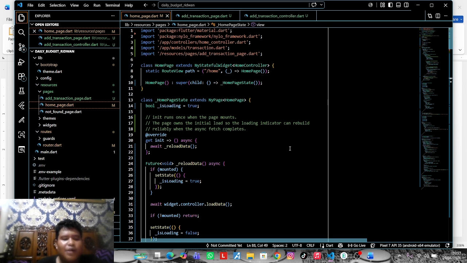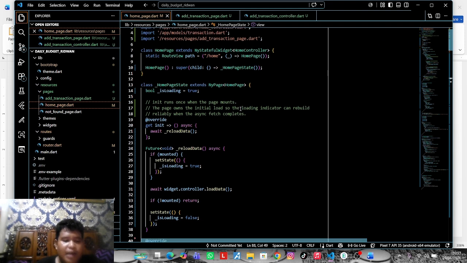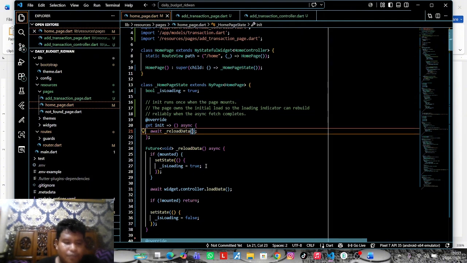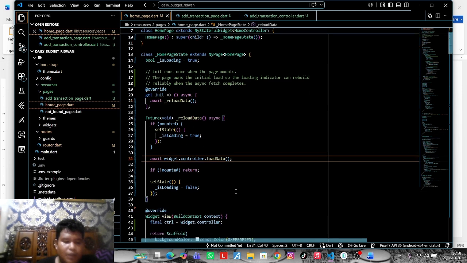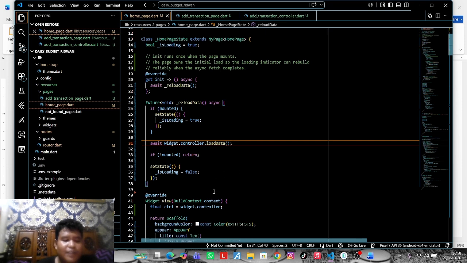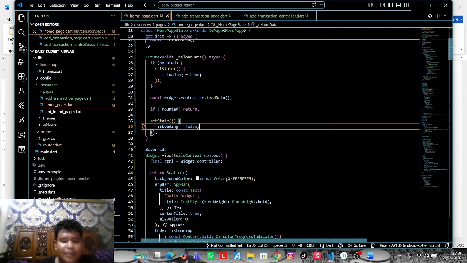This is the main page of the application and is responsible for displaying all financial information. When the application starts, it automatically loads all transaction data from the database. While the data is loading, a loading indicator is displayed to inform the users the application is processing the request.